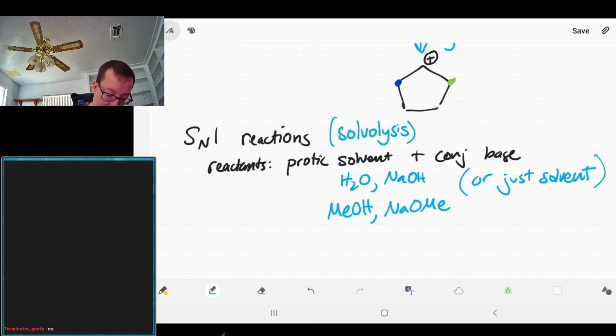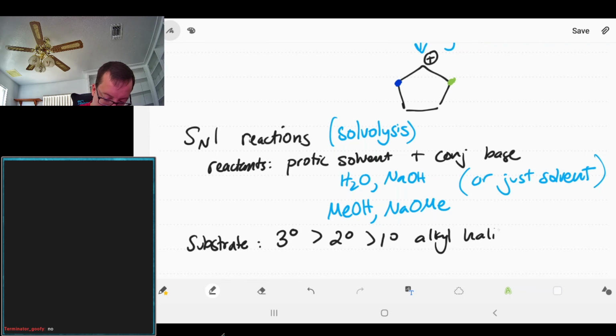The substrate can be anything, but ideally a tertiary. You'd want your leaving group on a tertiary position already. That would make it